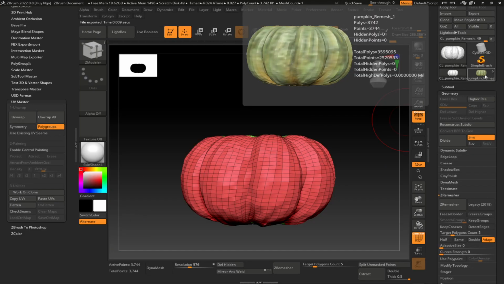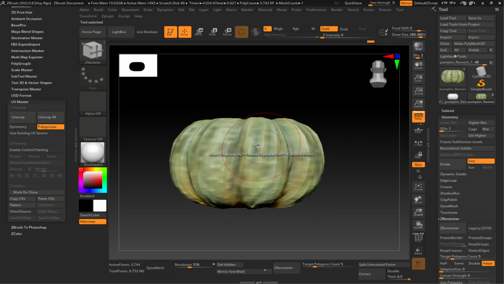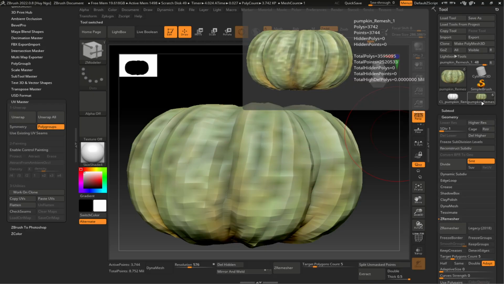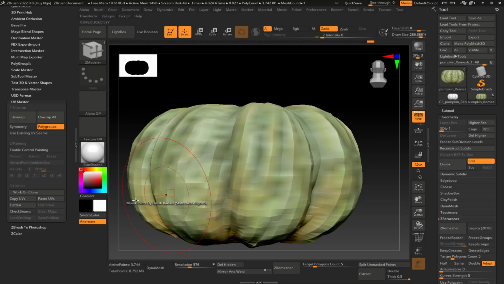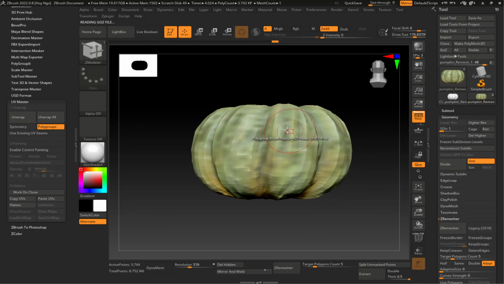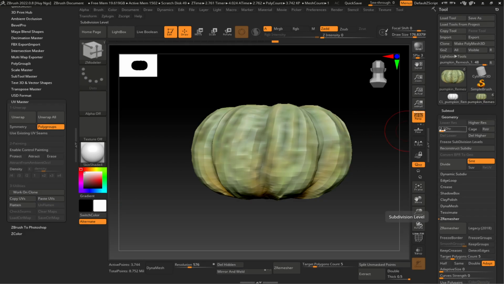Now we're going to go back to our original pumpkin up in our tool shelf tab thing here. So click on pumpkin remesh and hit Shift F to turn off your polyframe mode, and make sure that you're back on this pumpkin, and you can hit paste UV. Okay, so now if everything went as planned, your pumpkin should now have UVs, and you can't check it because it has subdivision. That's fine. So now after you click on paste UV,